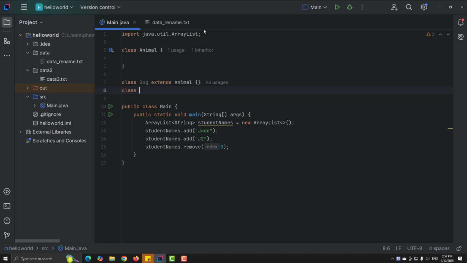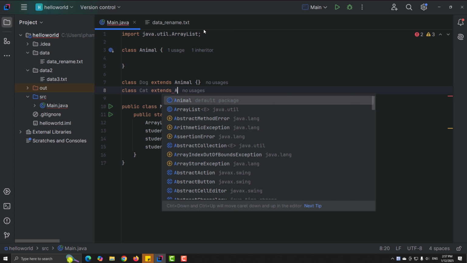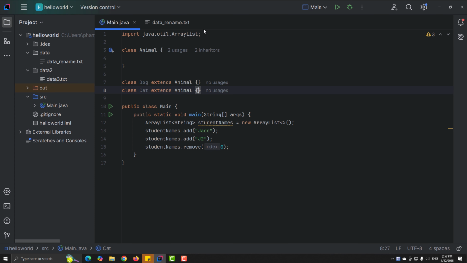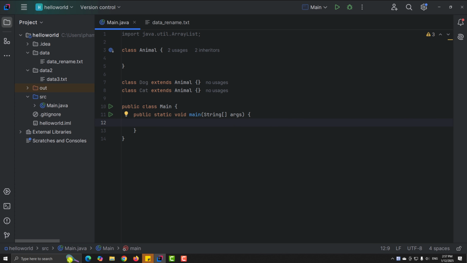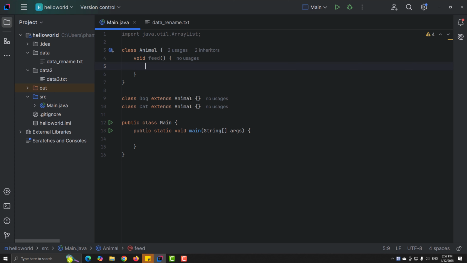And we also have another class named cat, also inherits from the animal. And now, for example, you have some dog and some cat in your house, and you want to manage them, like call the method fit, right? For example, boy fit, fit like this. You want to call this method for animal,